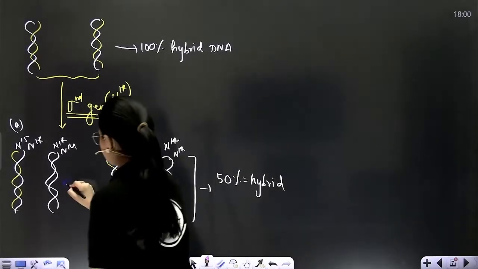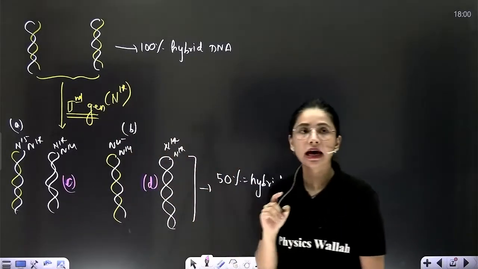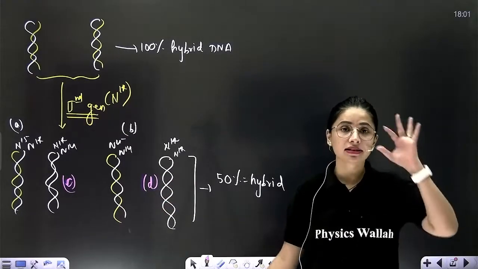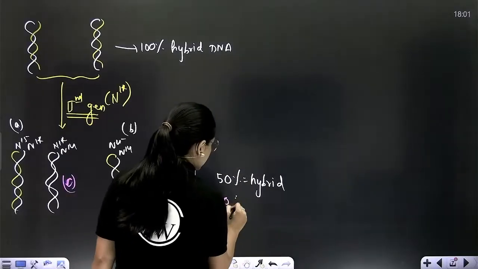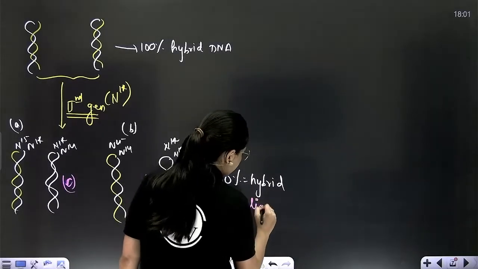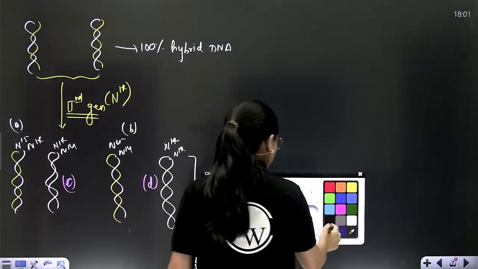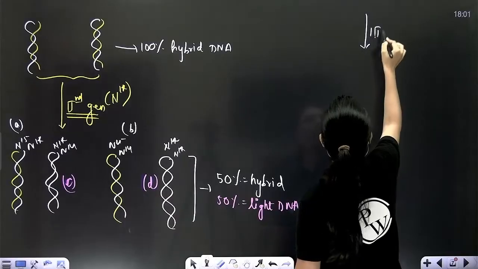Yes, the C and D. Now C and D beta, they are light DNA, complete light. Why? Because both the strands are made up of N14. So 50% is now light DNA. Now again, if you make them replicate for the next round, that means for the third generation, again after 20